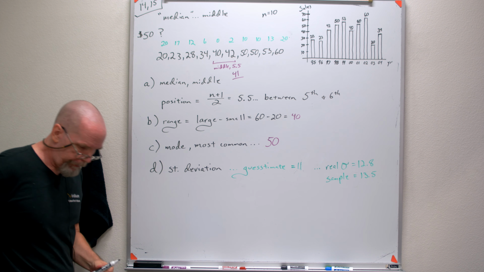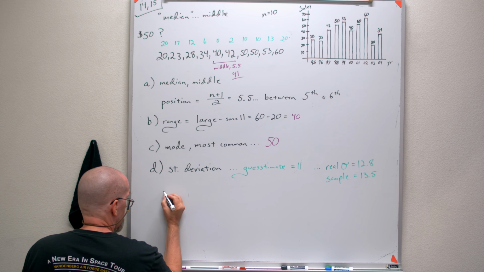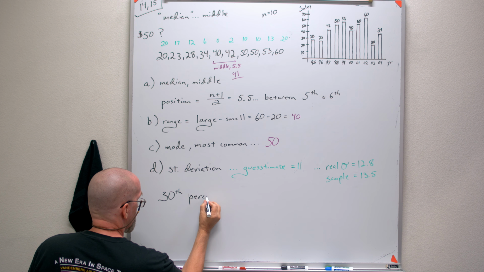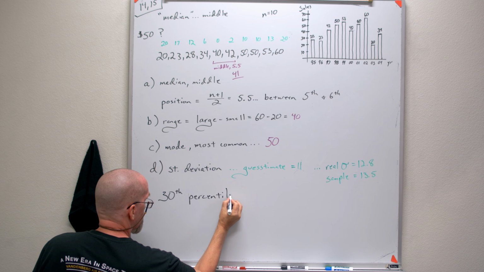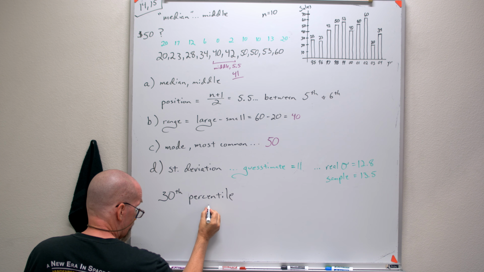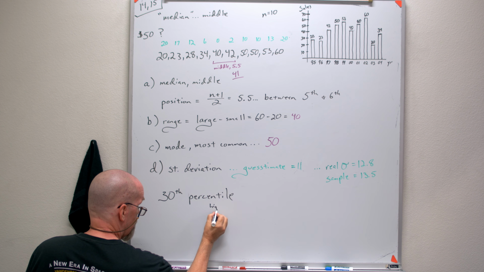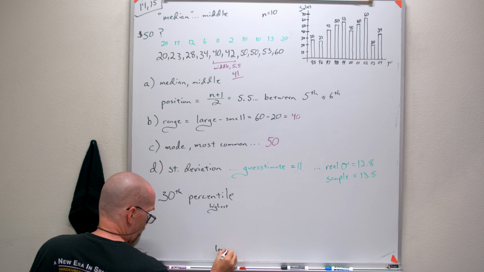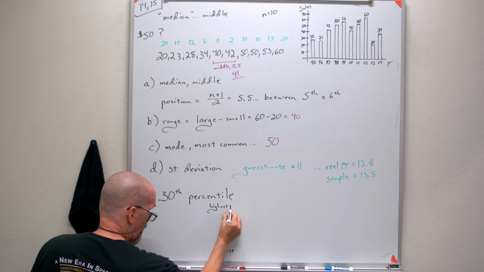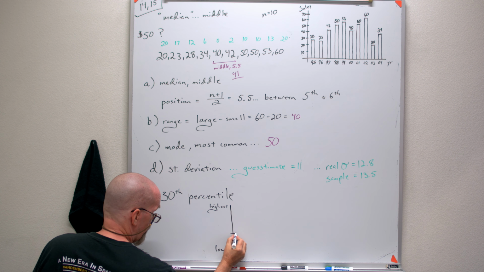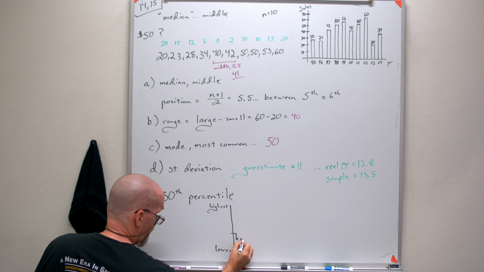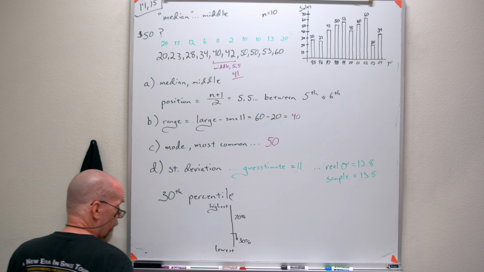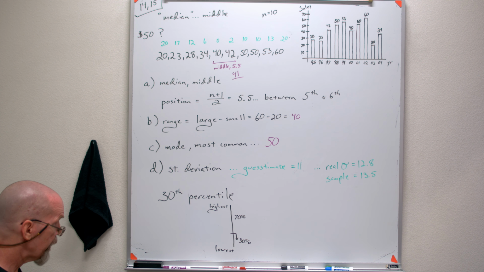30th percentile just means we want to arrange the data so we got our highest to our lowest, and we're looking to find the cutoff at which 30% is below that value. So we're finding the cutoff between the lowest 30% and the highest 70%, basically. That's what your 30th percentile is. If we have 10